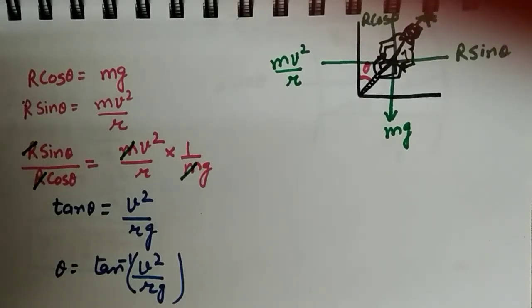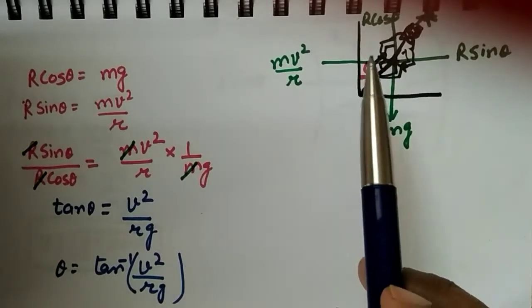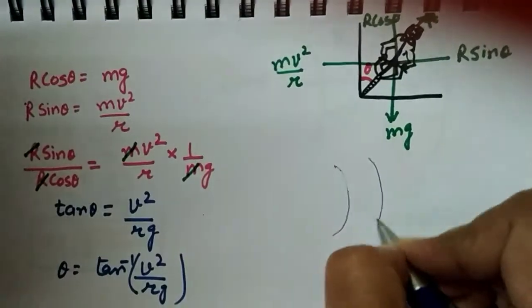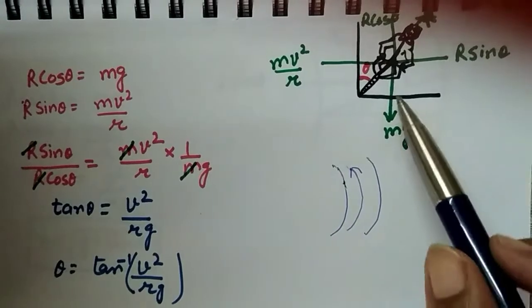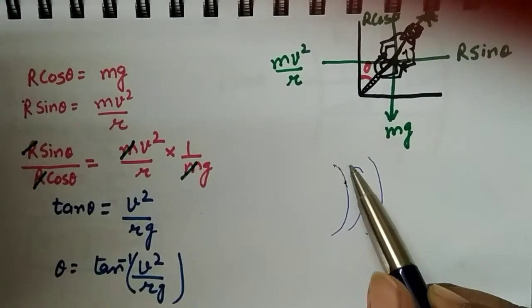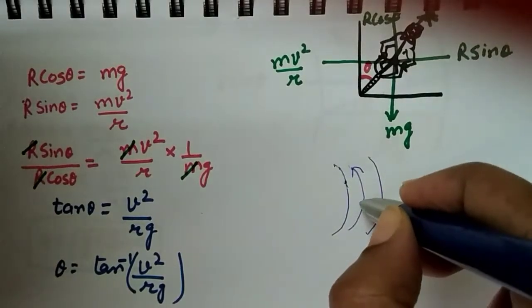Today we are going to learn about bending of a cyclist on a curved road. So just imagine that there is a cyclist who has to go, let's say, on this curved path. So we can see this is the cyclist. Whenever the cyclist turns onto the curved path, he or she will have the tendency to bend.